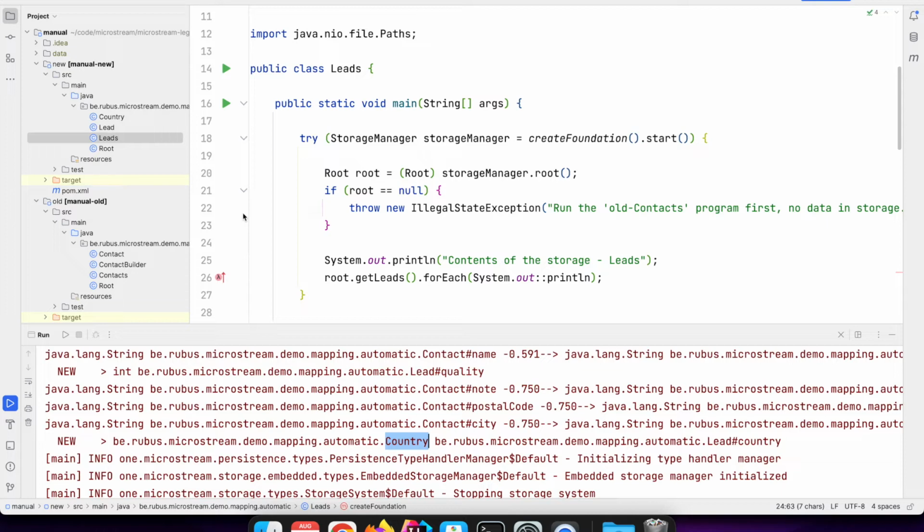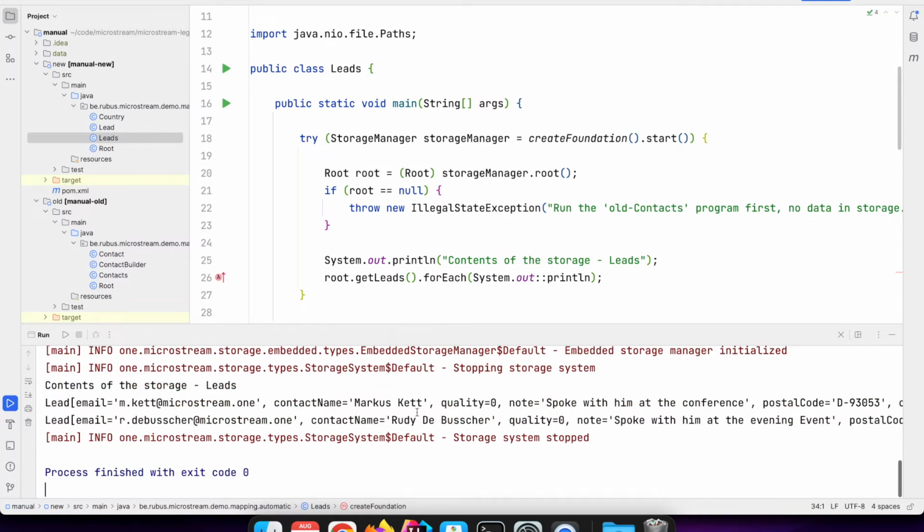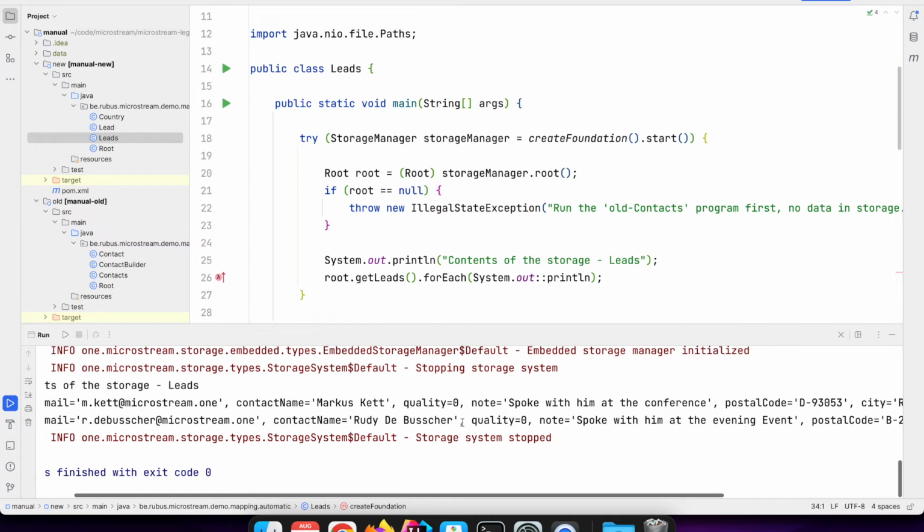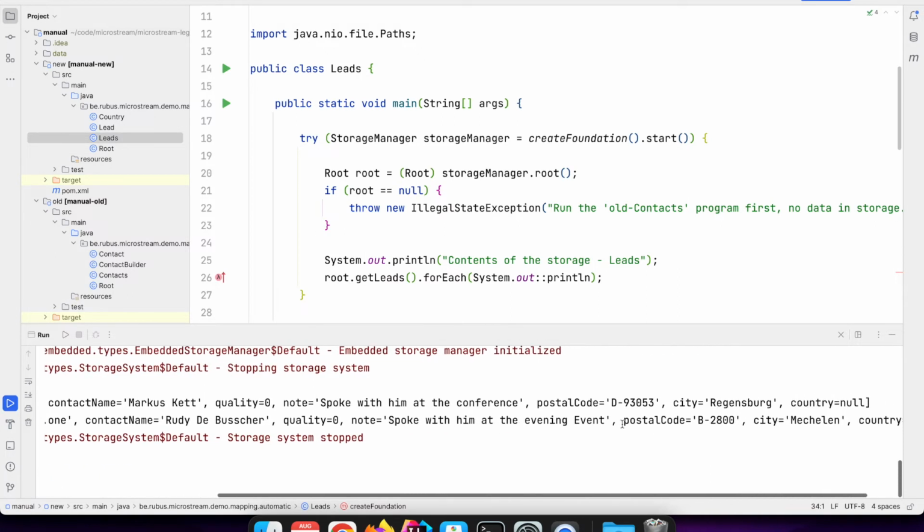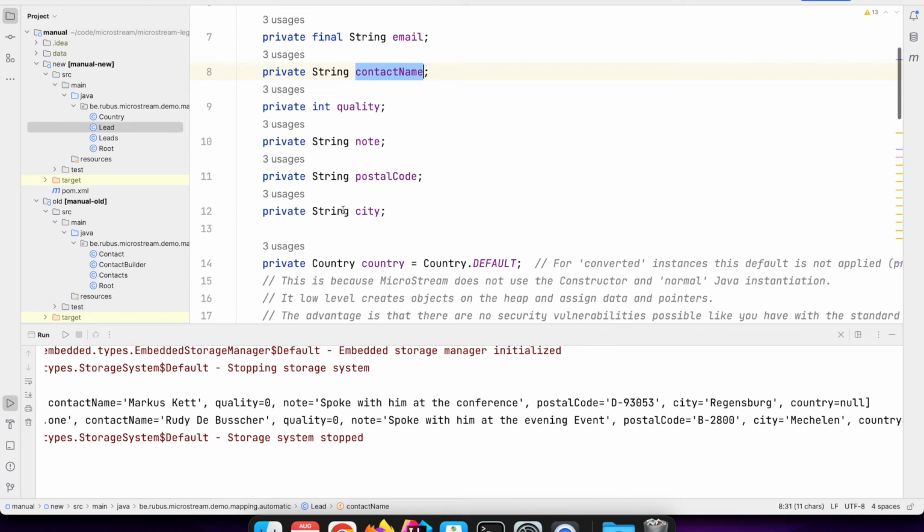And that's a good thing that I show you that, because if you see in the printout, we have for the quality 0, so that was one of the new fields. It's an integer, so the default is 0, and the country is null. But for the country, we actually specified the default value here. Specified country is equal to the default country, and that's not applied, and that's not an error, because